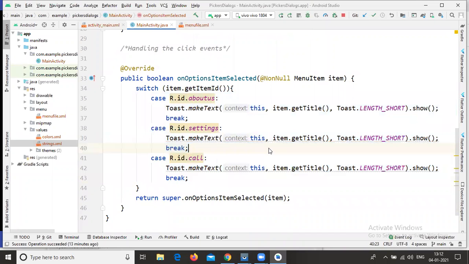All of you complete this part. Once you have completed this part, execute your application and check your output, whether the on click event is working or not.